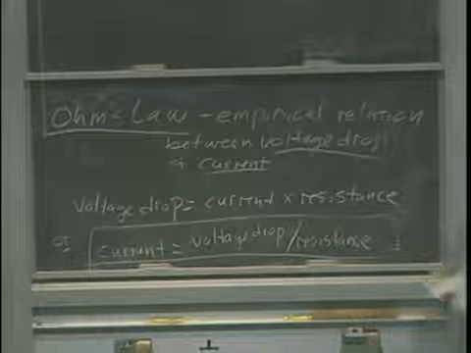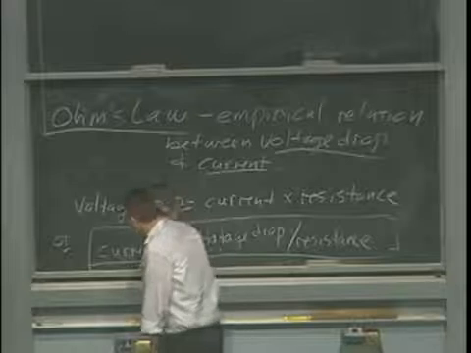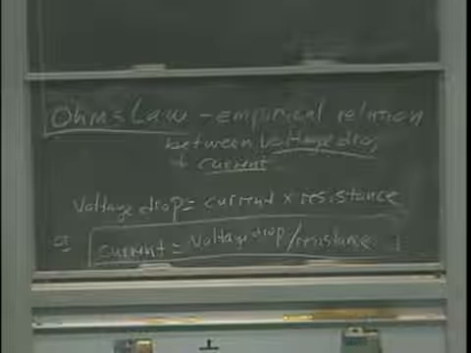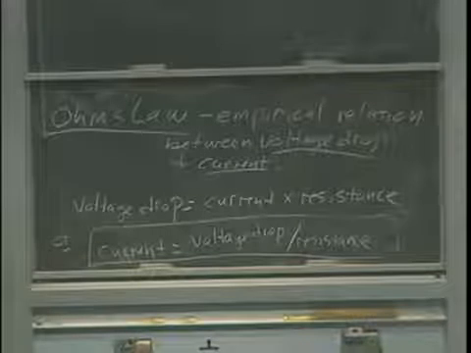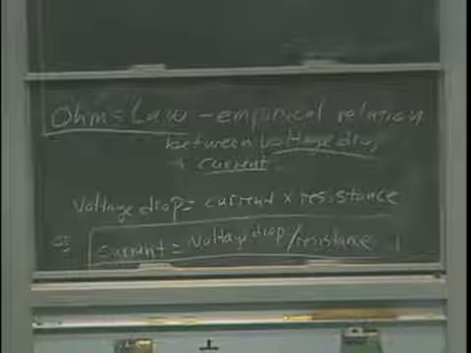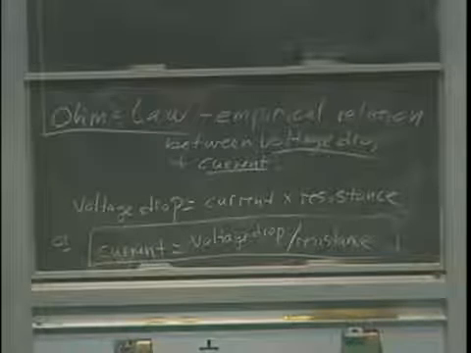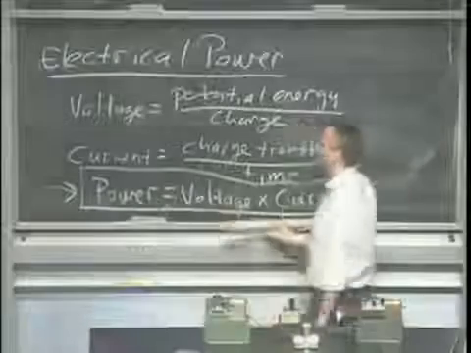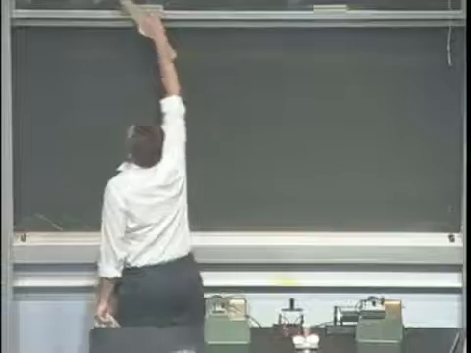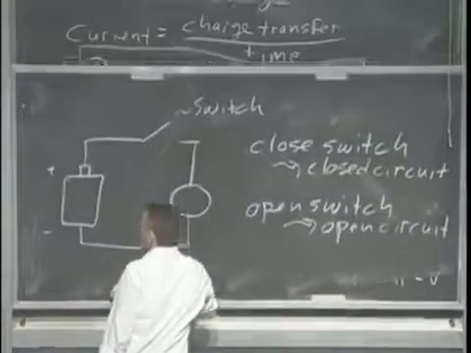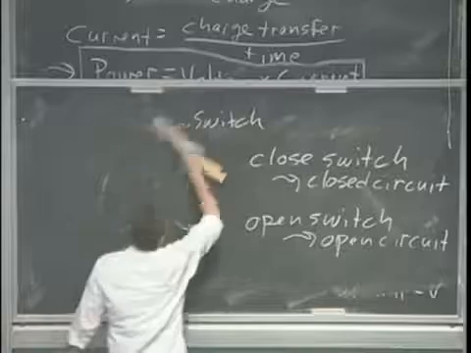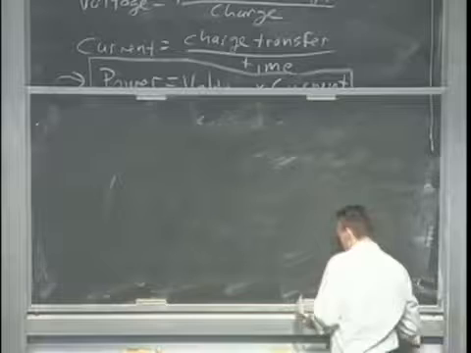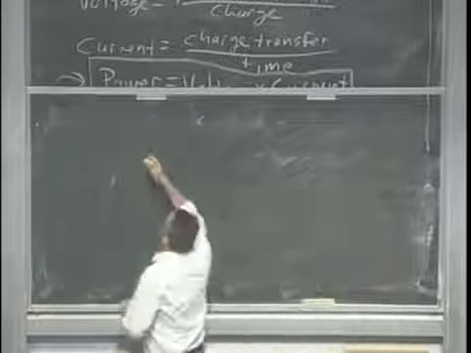That's an easy relationship. We already know that power is a voltage times a current. So this relationship you should be thinking about as how much power is being delivered by the battery: the voltage of the battery times the amount of current that is being delivered. Now, in terms of the amount of power that's being consumed within that appliance or within that resistance, the power consumed in the resistor